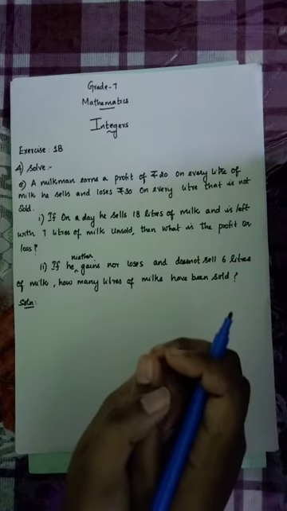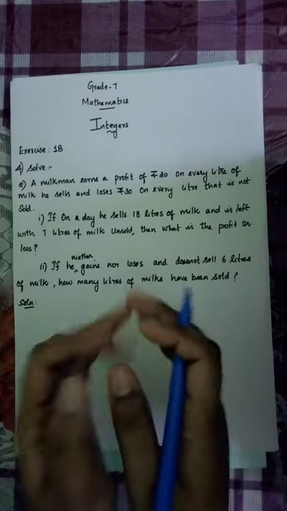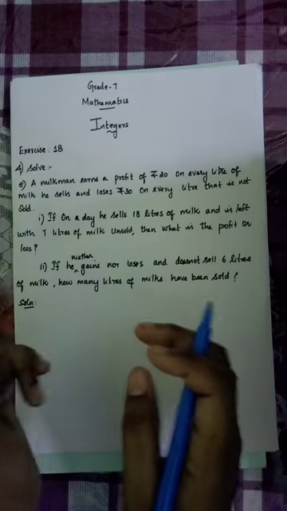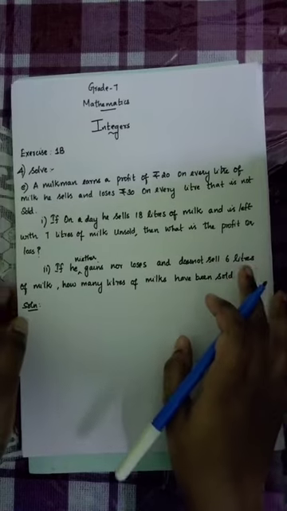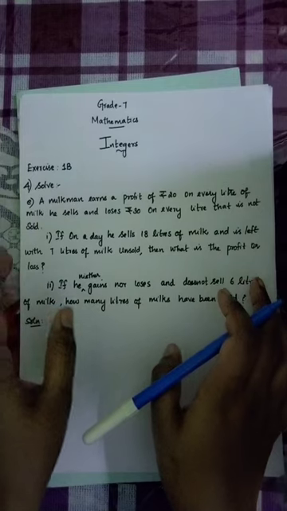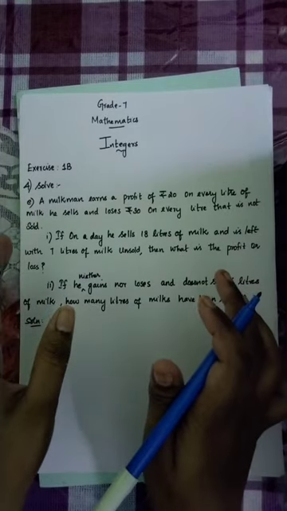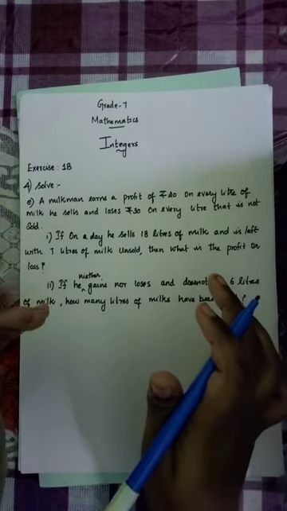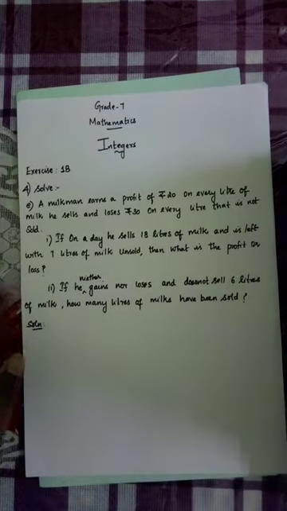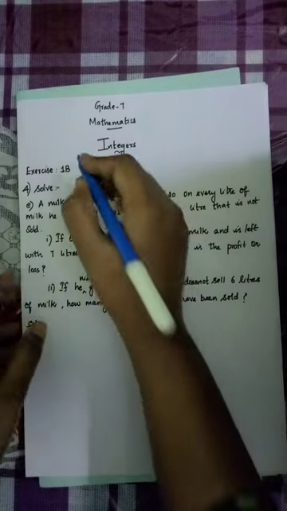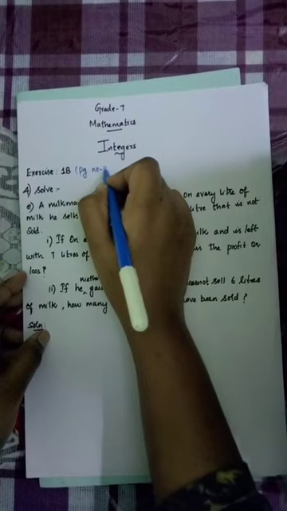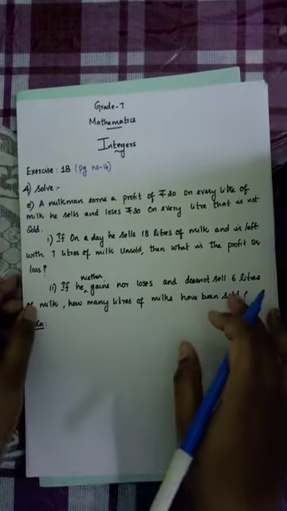Under the word problems, already we have learned 3 problems. Now fourth question. Now already we have learned 4 questions, right? This is our 5th question, okay? So listen, it is exercise 1B, 4th question, 5th part. So under the solve, we are seeing 5th question. It is in page number 14. If you have book, take page number 14.